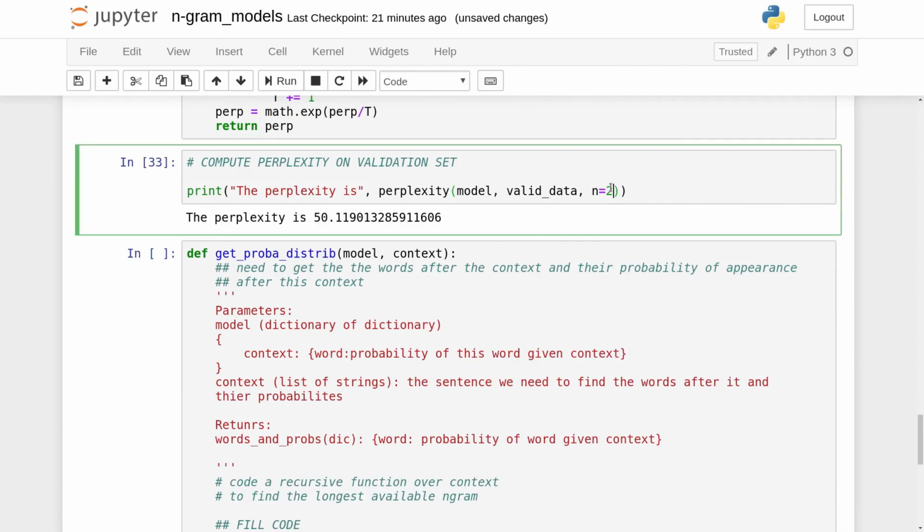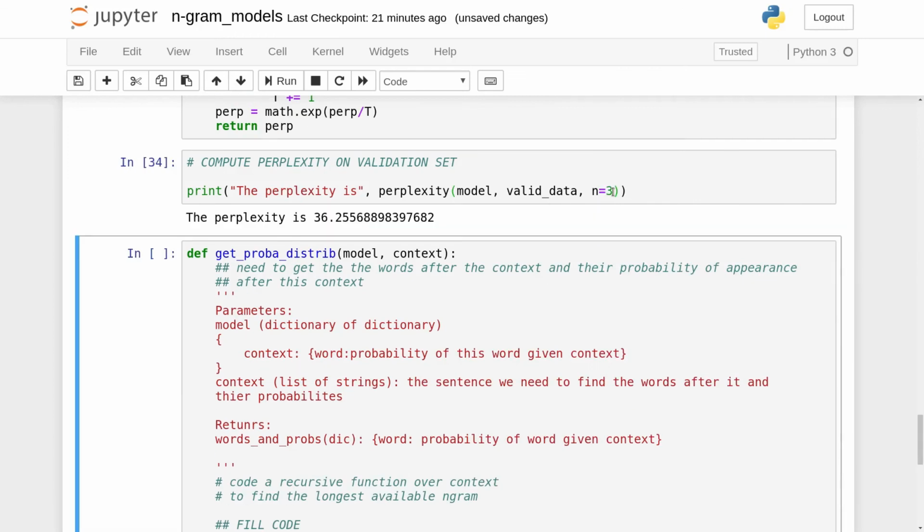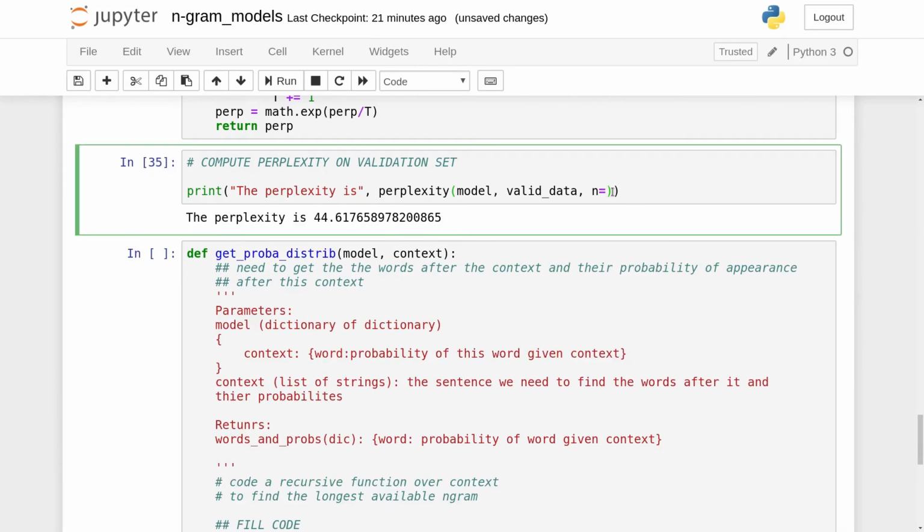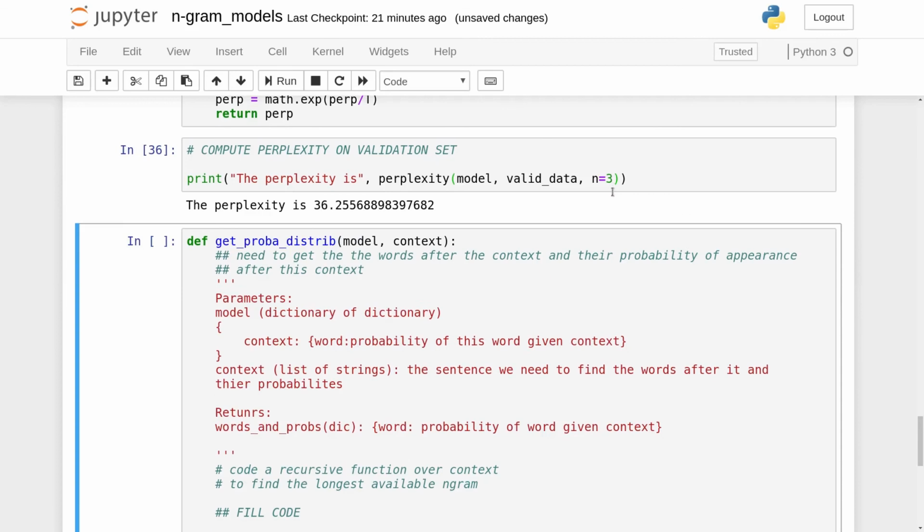Okay, let's see when n equals 3, it's 36. When n equals 4, it's 44. But yeah, so this is good. Okay,